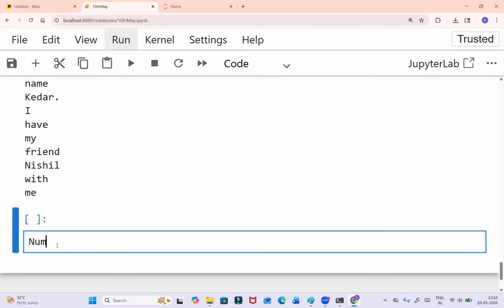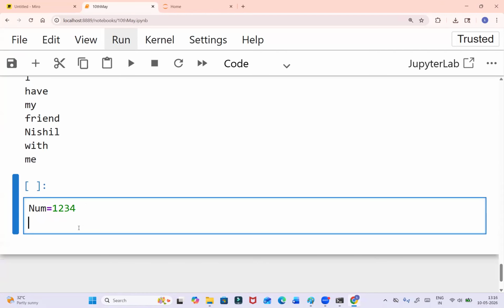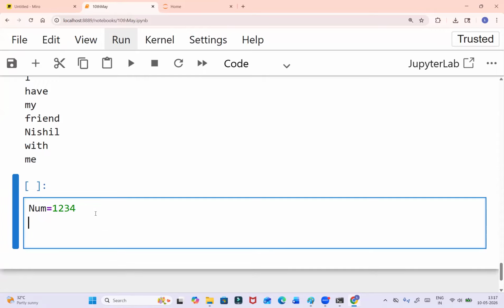So my number is 1, 2, 3, 4. What I'm going to do first is see whether a for loop or while loop can be applied. A for loop cannot be applied, because you need to get each digit and then the remaining part of the number. In order to get the last digit, you will use the modulus operator. So just write while